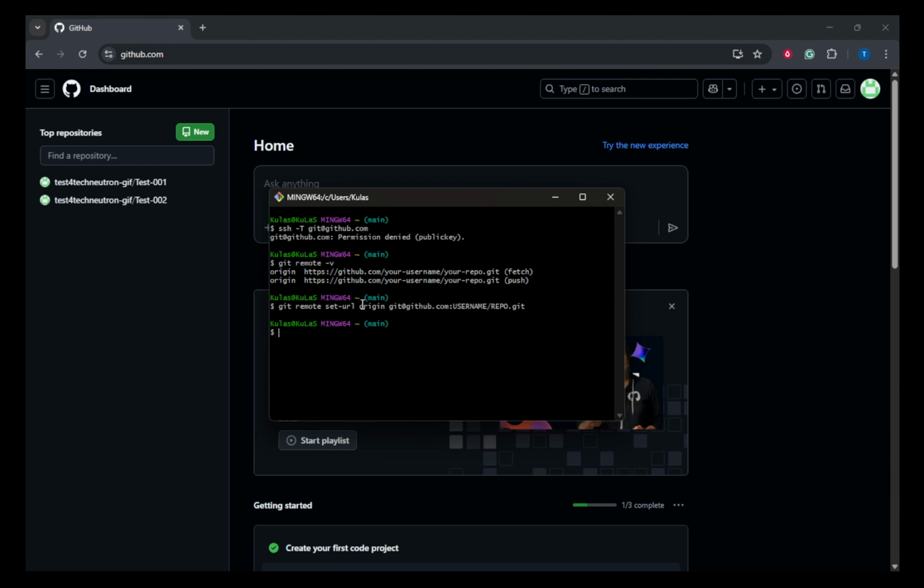To ensure the change was successful, run the git remote -v command once more. You should see that the URLs listed for both fetch and push now start with git@github.com, confirming that